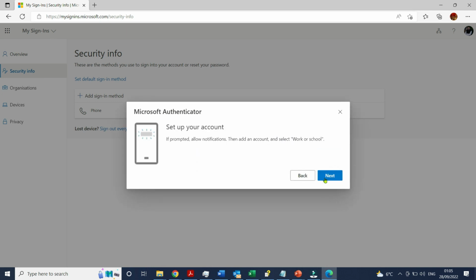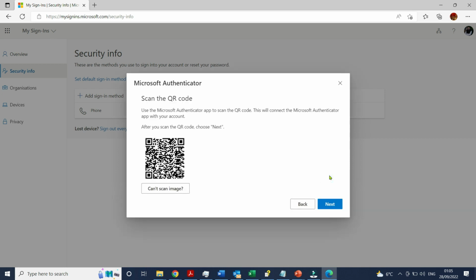Click on next again, and we need to scan this code. Right, as you can hear, it's been scanned. I have the options on my phone: I can do the web search, share, or copy. I'll go with the web search, and then it will take me to the Authenticator app to set up this account. I'll show you the steps on the mobile as well through the screenshots added to the video. So next,